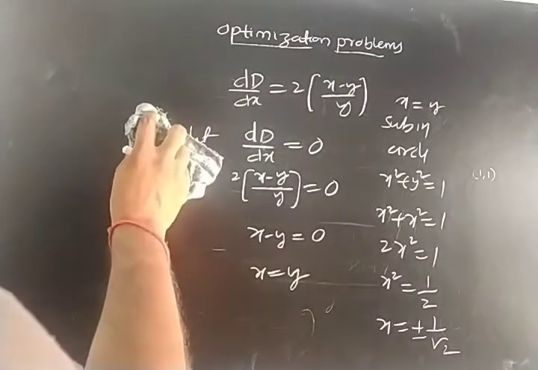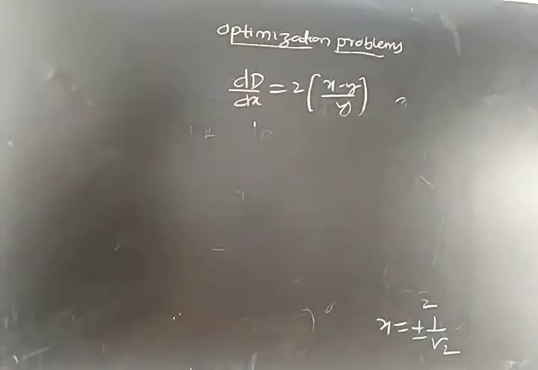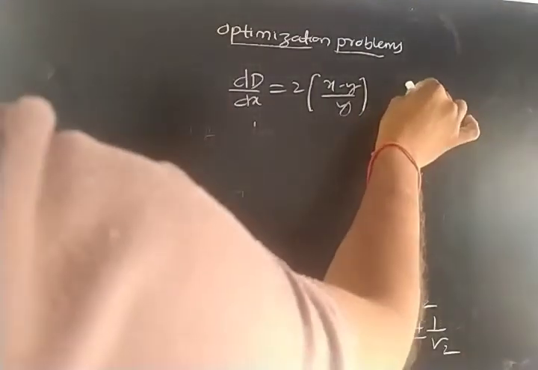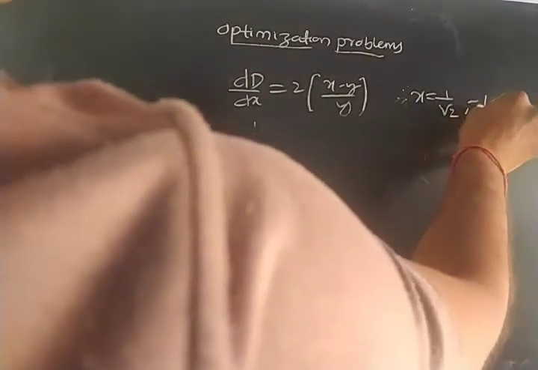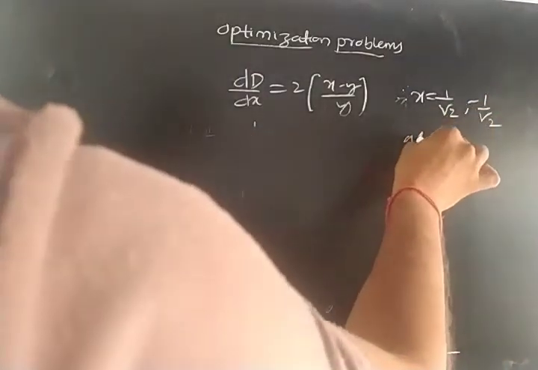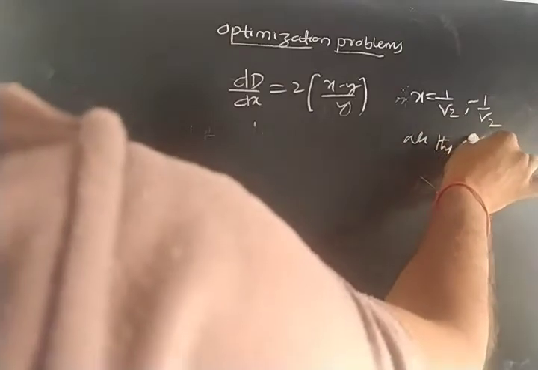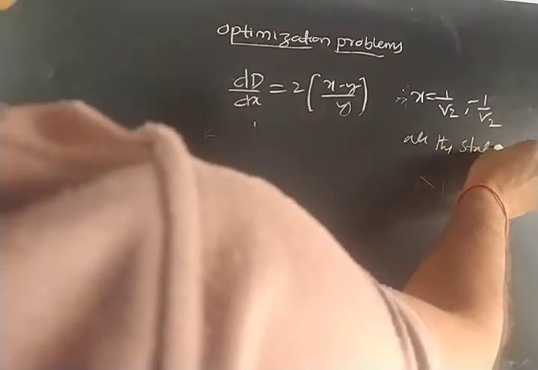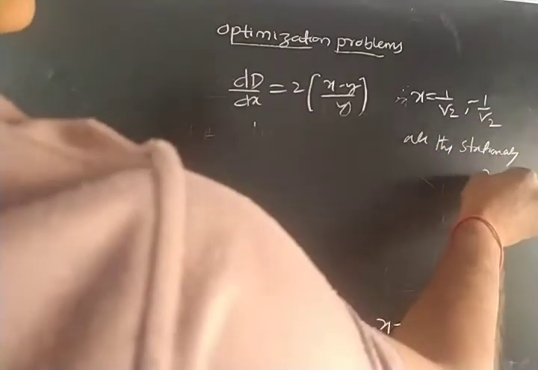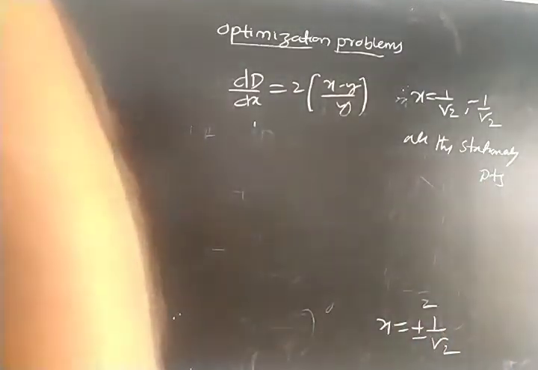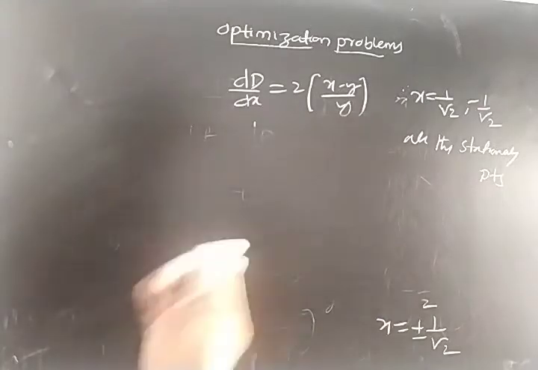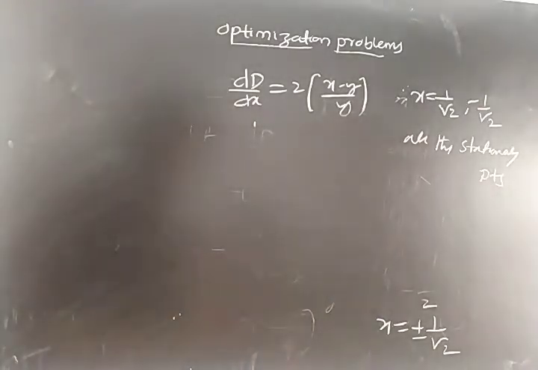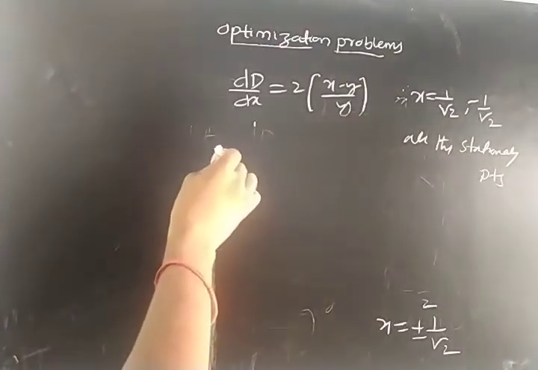Okay, two stationary points. Therefore, x is equal to 1 by root 2, comma minus 1 by root 2 are the stationary points. So I am checking whether the distance is maximum or minimum. At the nearest point, distance will be minimum, and at the farthest point, distance will be maximum. So to check that